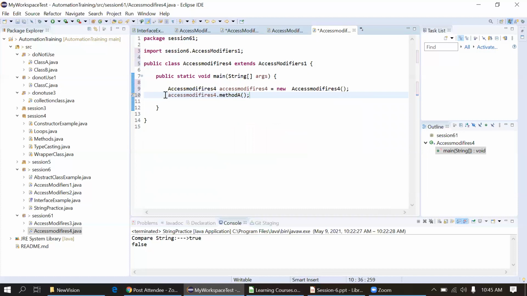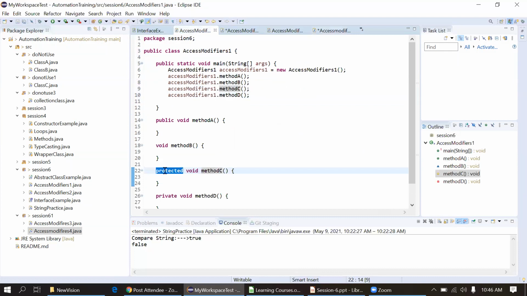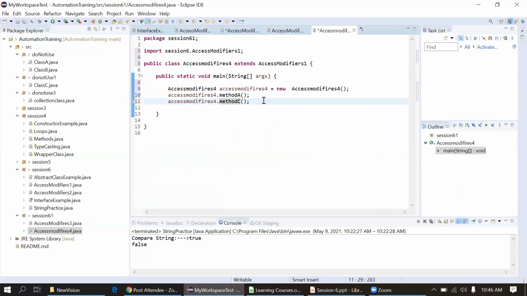And we are able to access another method as well, method C. Method C is a protected one. So remember, a protected method can be accessed outside the package with the inheritance concept. And the other two methods, of course, we are not able to access outside the package, the default one and the private one. I will copy it here to define the two methods and show the error. So this is the default method B and this is the private method.